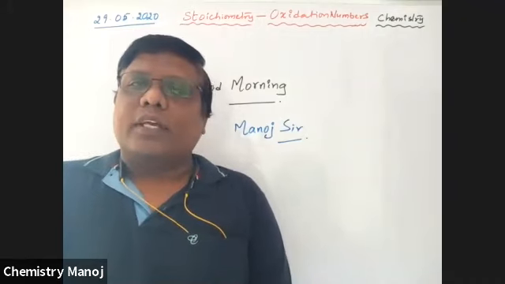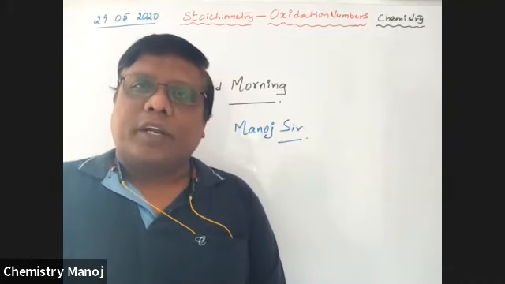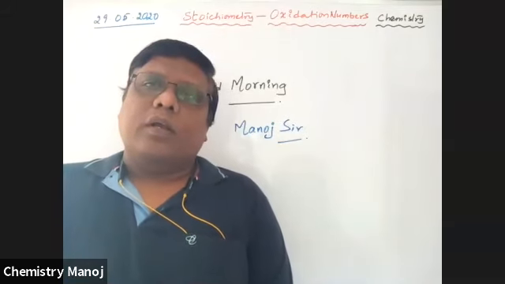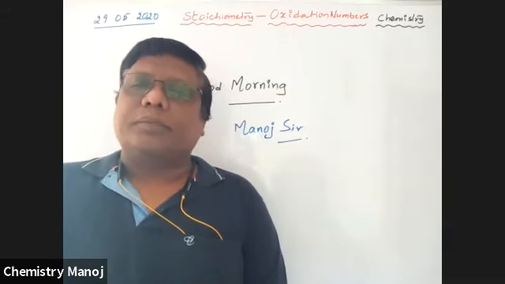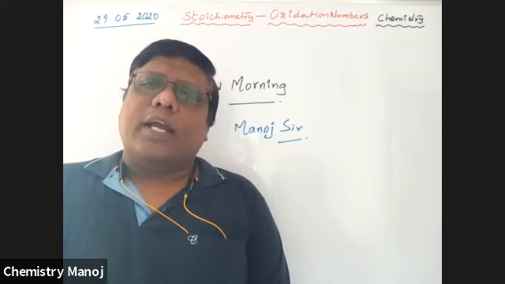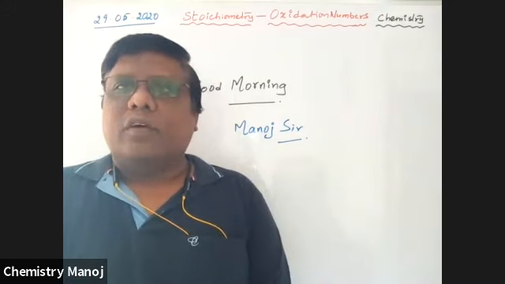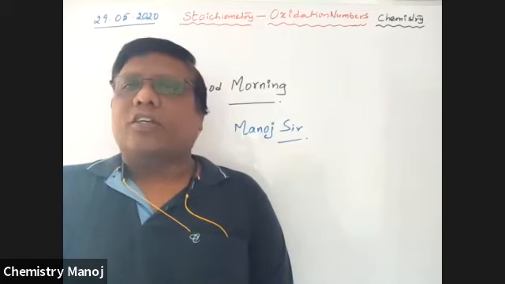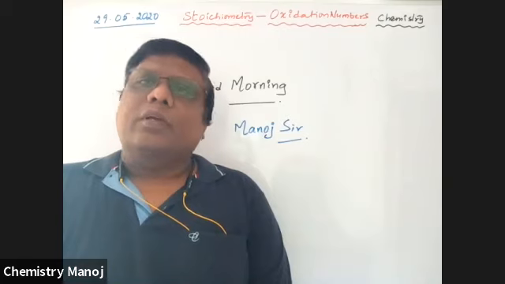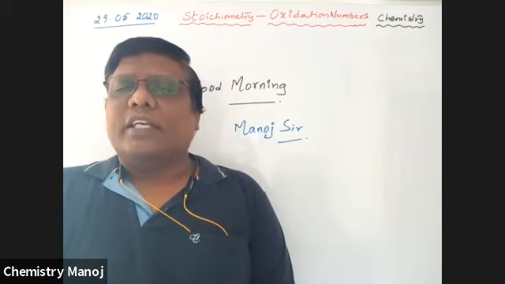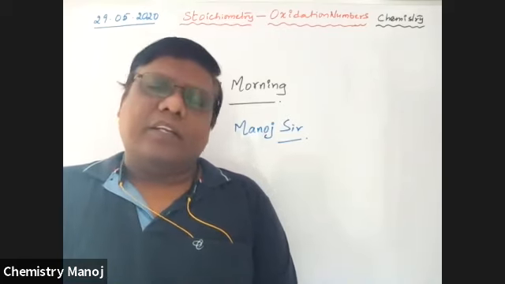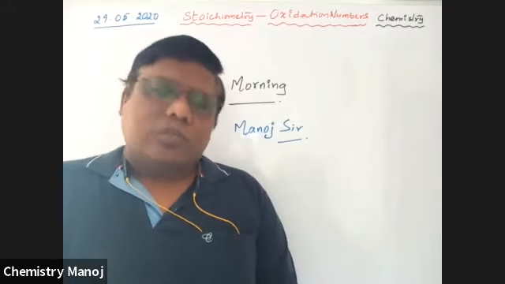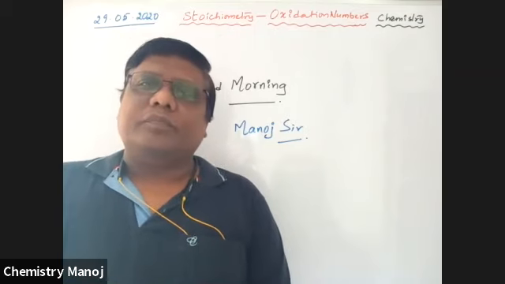So today we are going to discuss the second part of our stoichiometry, that is oxidation state, calculation of oxidation numbers, redox reactions, what is oxidation, what is reduction, what are the types of redox reactions, balancing of these redox reactions, that is equivalent weight, molecular weight, N factor. These are the second part of stoichiometry. So today onwards we are going to discuss that one.